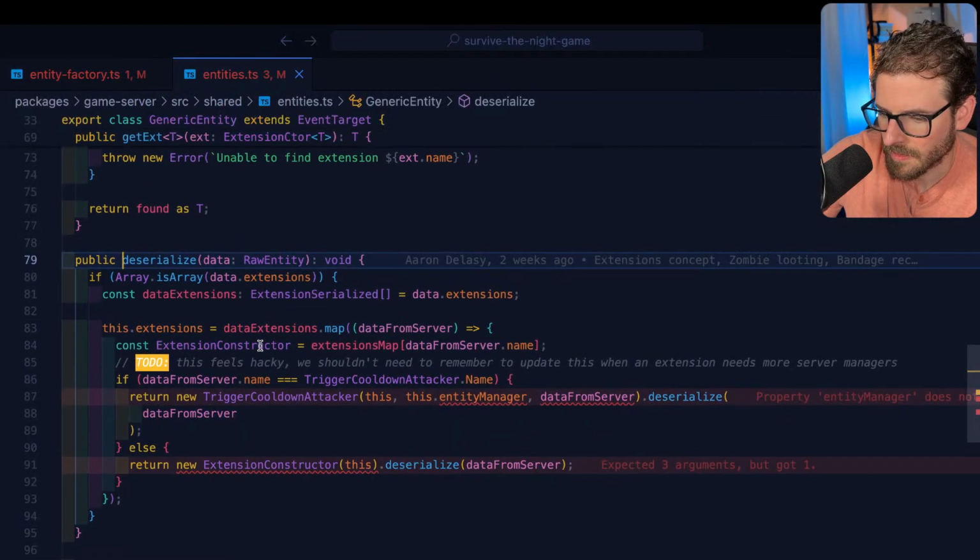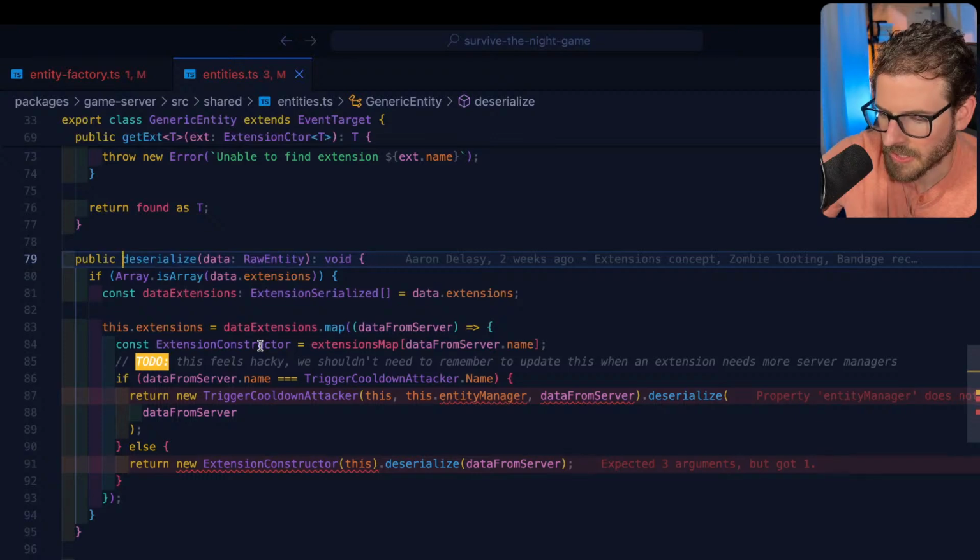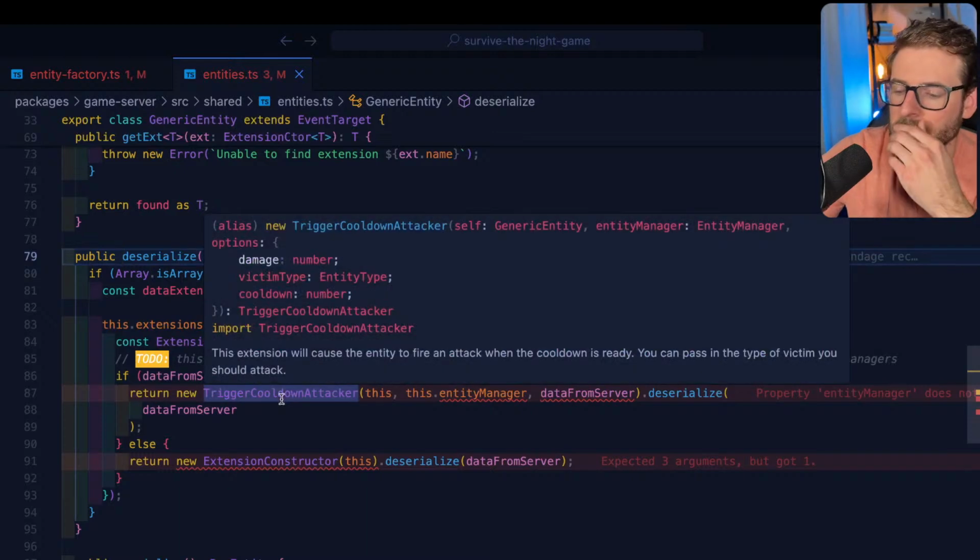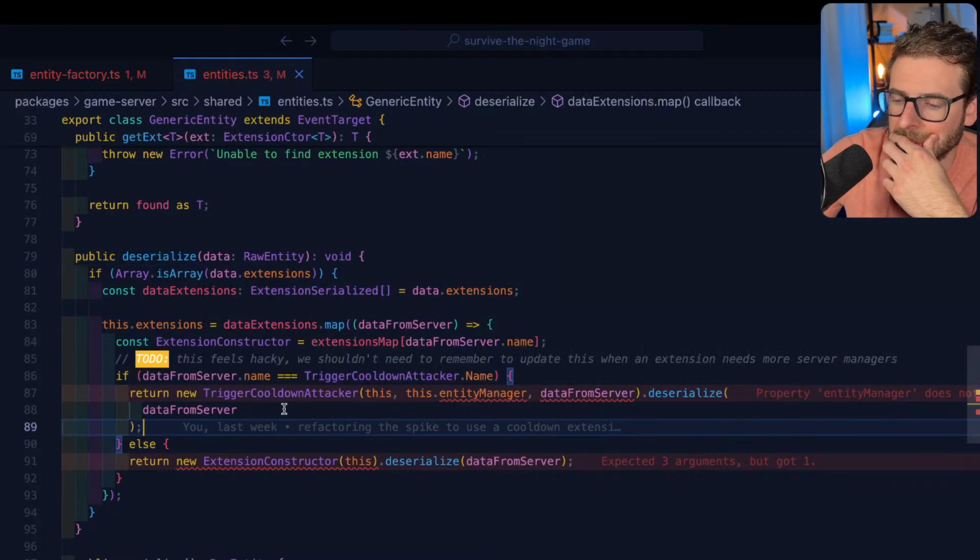Deserialize. That only loops over the extensions. What is this doing?